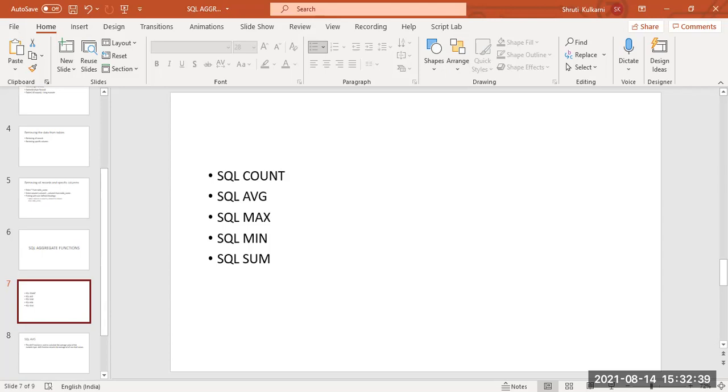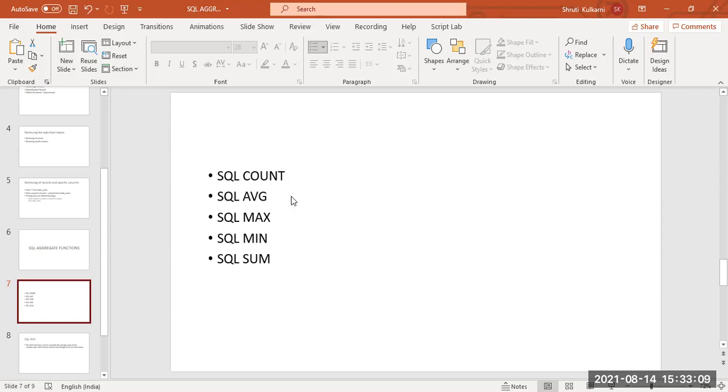I will take a simple example. The first one is sum. What is sum? It makes a total addition. In C programming or Java programming, you write sum equal to sum plus a value, whatever value you take. Here, whatever values or records are there, the total has to be made. I will show that.